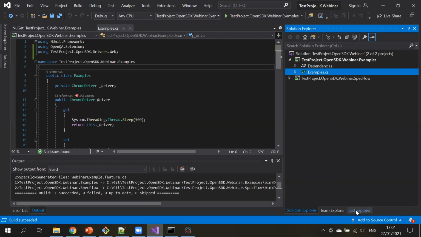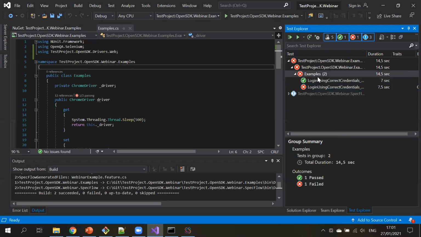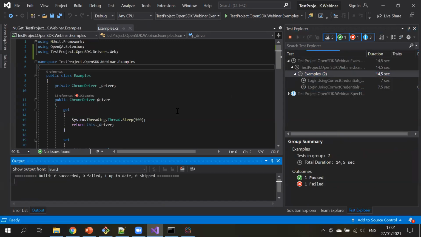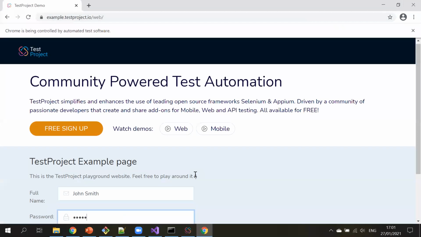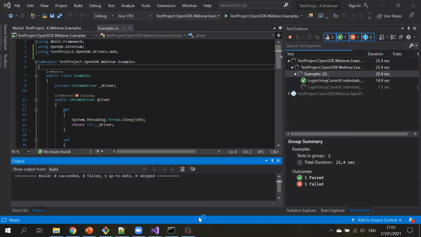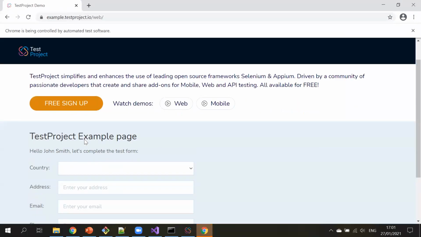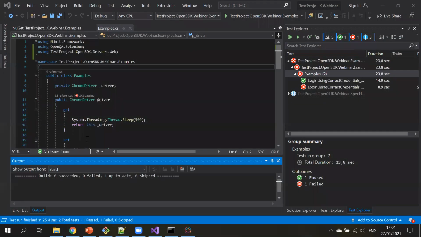And then run the tests again. Here we go. It's going to run both the tests again. That's one. And there's number two. The first test passed and the second one failed again. But since we've now used a driver from the TestProject SDK,